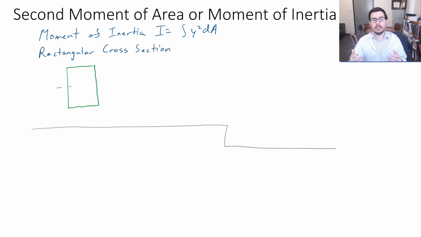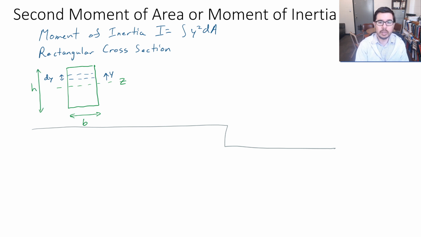So as a refresher, the second moment of area is equal to the integral of y squared dA, as seen here. So I is equal to the integral of y squared dA. Now, one cross section that we will encounter quite frequently is one that looks like a rectangle. And if we think a little bit about what we've been doing for statics and pretty much our calculations up to today's session,